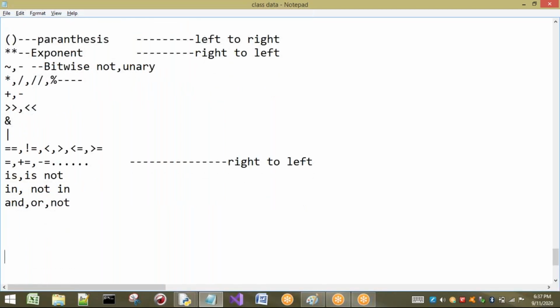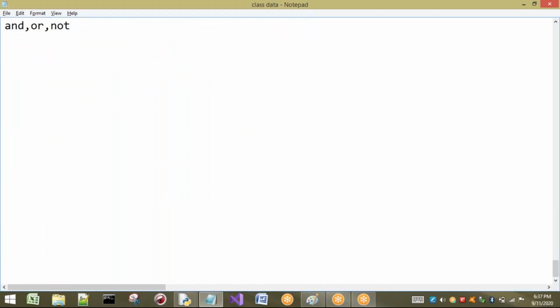Now we are going for the next concept, that is input and output statements. Till now we have seen only the output statement, that is print statements, but now we are going to see in detail about input and output statements. Generally our Python is having a rich library. Rich library means it is going to provide maximum things for the programmer. Just we have to write our own code, that's it.